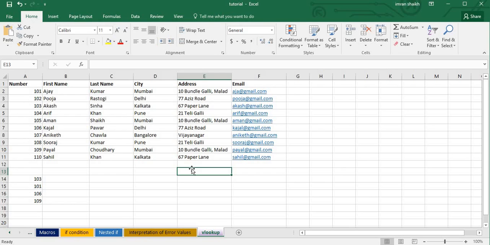VLookup is a function available in Excel that gives us the functionality to fetch the required data or details of any user, employee or student from the database. Here I have a database, so let us consider this as our database. In this case we have only 10 records, but in real scenarios you might have thousands or lakhs of records, and at that time if anyone gives you the record number 1000,